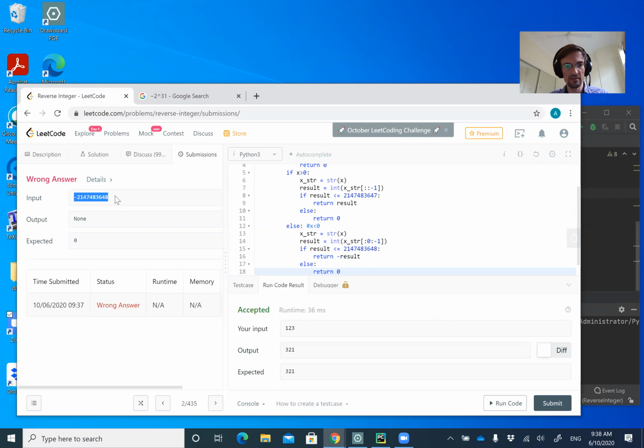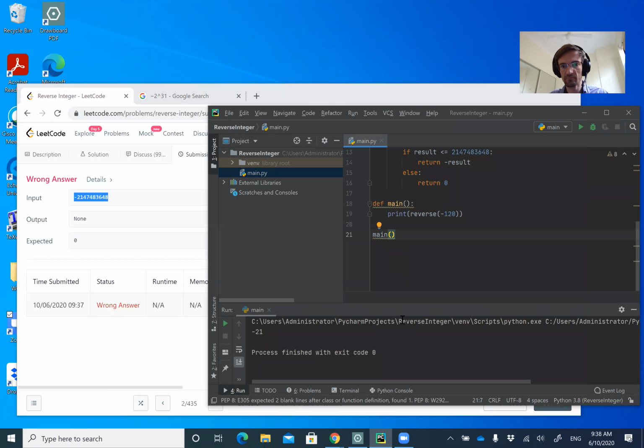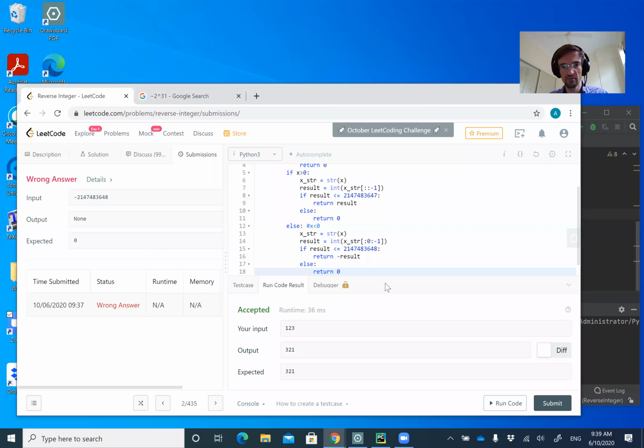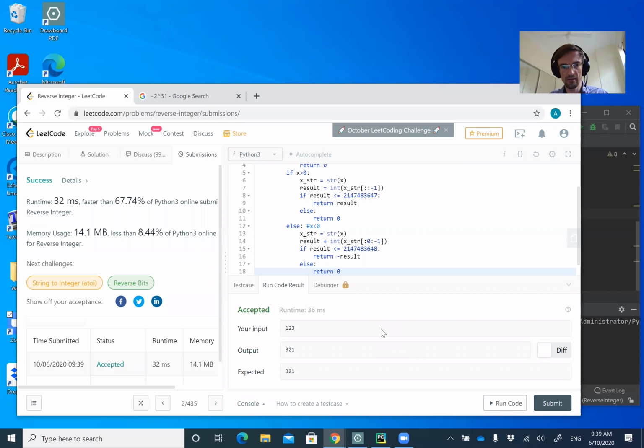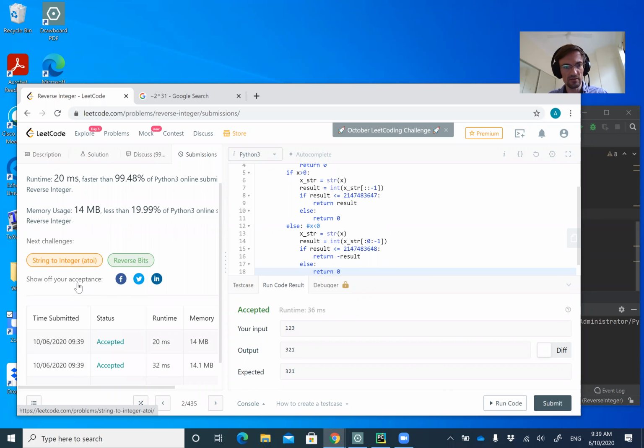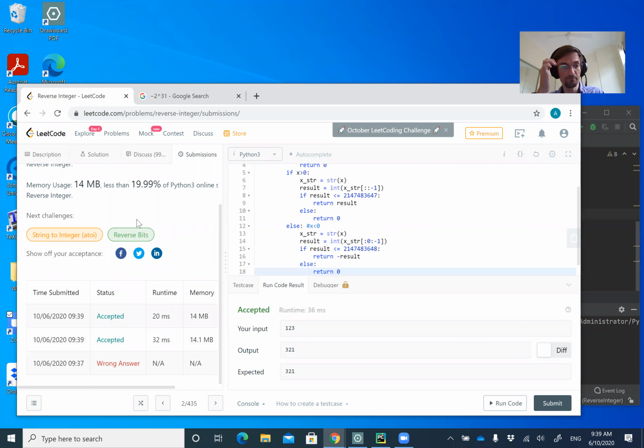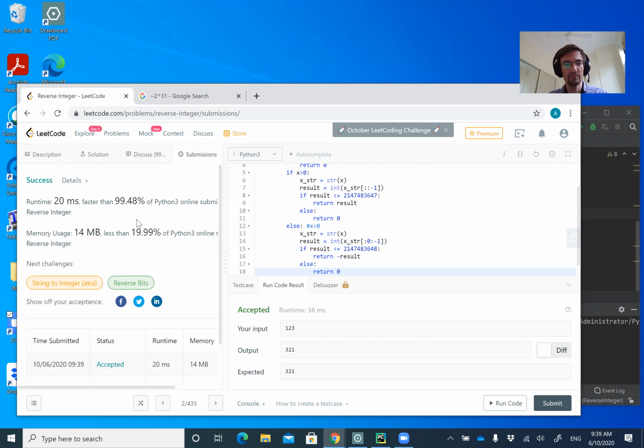So what happens to this thing? It returns 0, as it should. As you see, I just tried to run it a second time, and I got 99.75%. So I'm pretty happy with